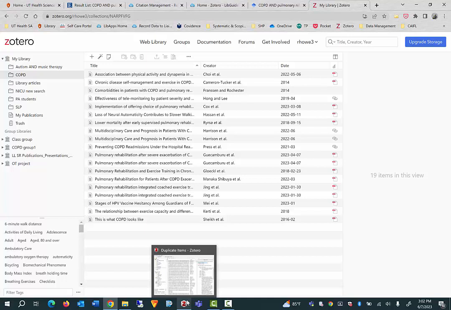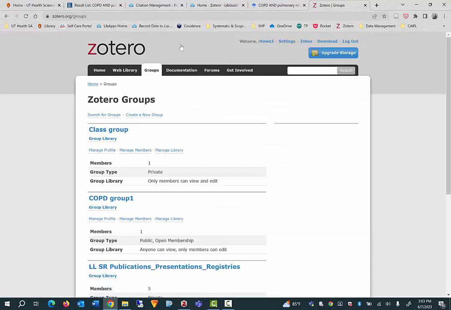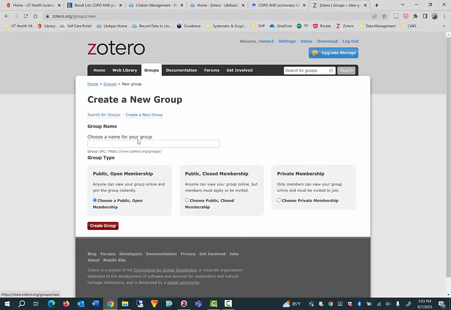So from this online version, you'll see that you have the web library, which is where we are now, and then the next tab on your right is groups. So this is where you'll go to look at your groups, edit your groups, add people, and also to create a new group. So here you would do create a new group, choose a name, and I'll just call it